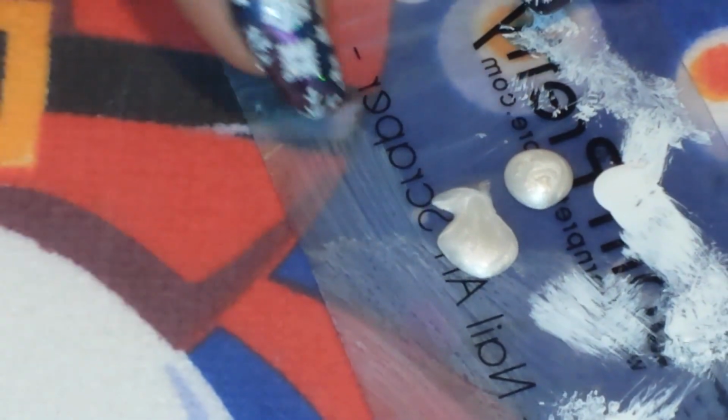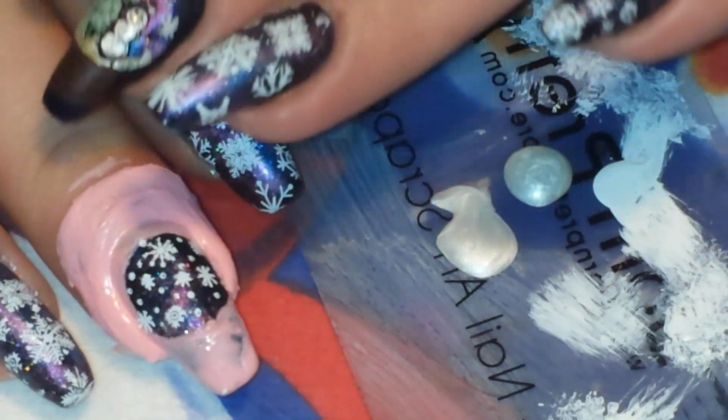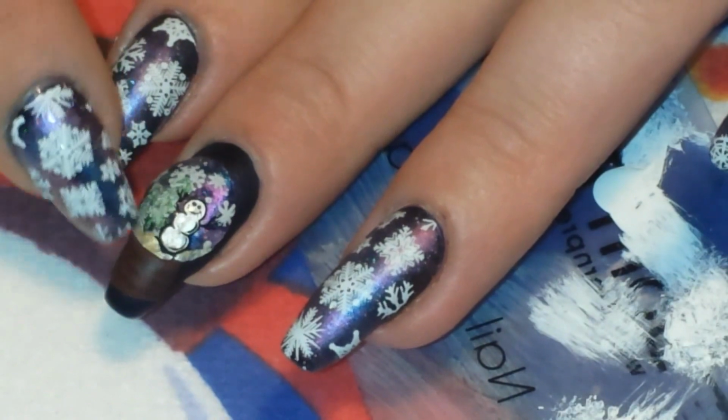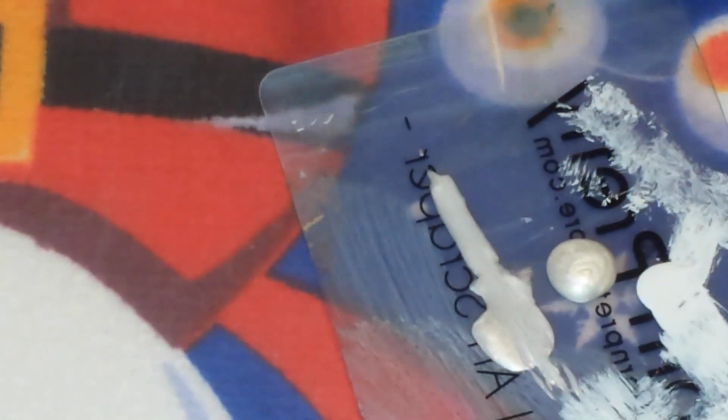So while my decals are drying, I've decanted a little bit more of the Madame Glam Marry Me on my scraper card, and I'm going to paint the snow that's going to be settled in the bottom of the snow globe. And I've just got a little striper brush here, or liner brush, whatever. I'm not sure what the difference is, but one of the two. And I'm just going to get my polish on here,